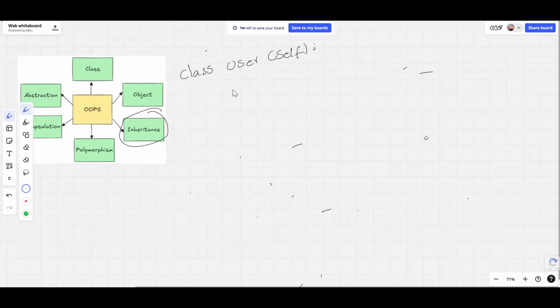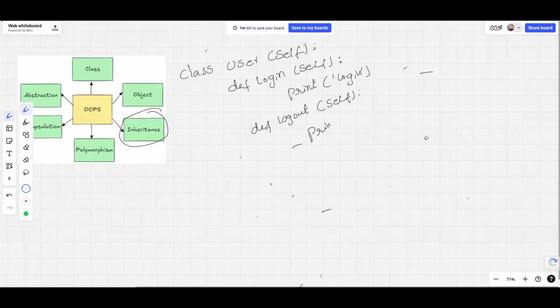In this class, we can write the functions for login and logout. Login, self, and here print login. And the other function is logout, self, print logout.